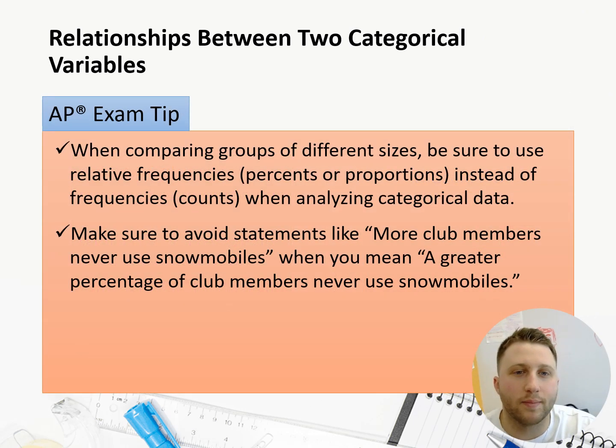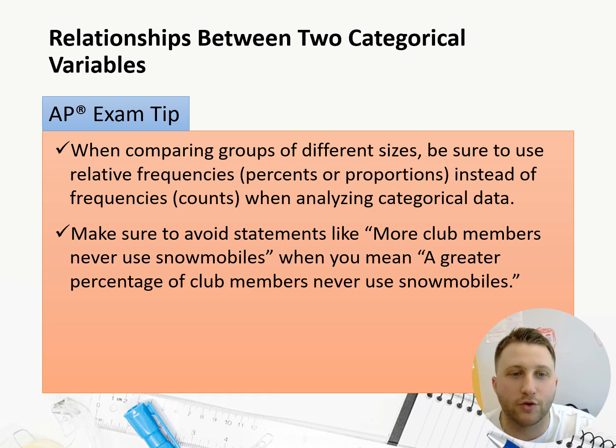And just an AP exam tip, remember that when you're comparing groups of different sizes, you want to use relative frequencies, so these are percentages, proportions, even fractions, instead of frequencies. People tend to get these multiple choice questions wrong all the time because they look at a segmented bar graph and they ask them which of the following is supported by the chart, and they pick the answer that says